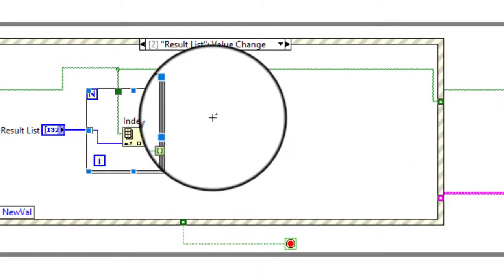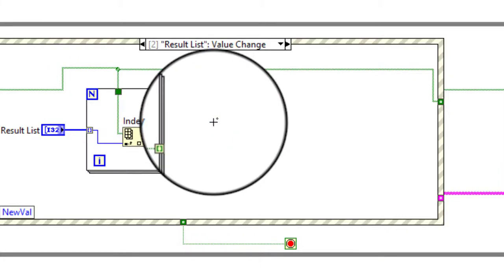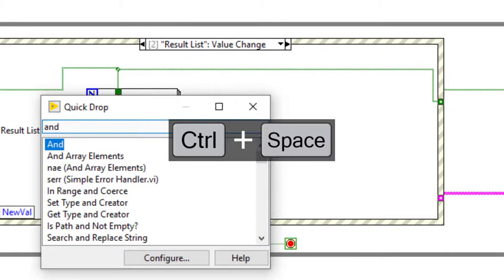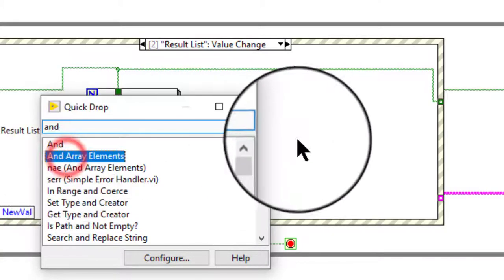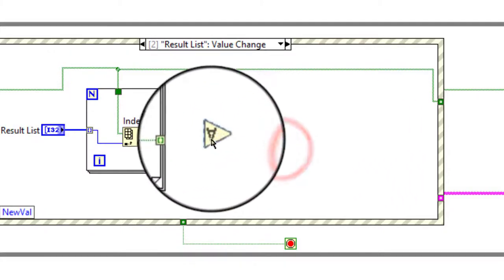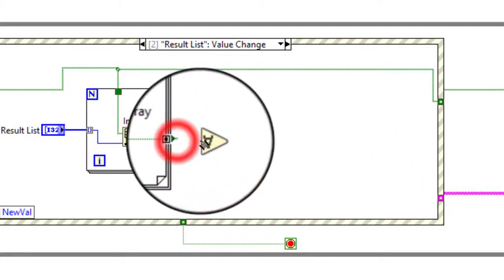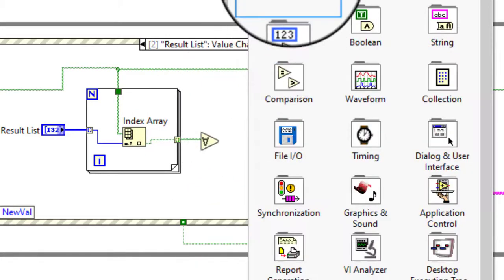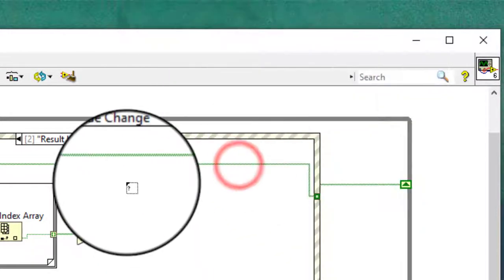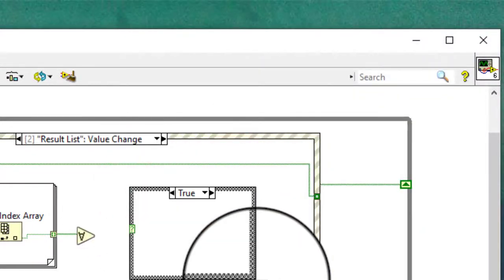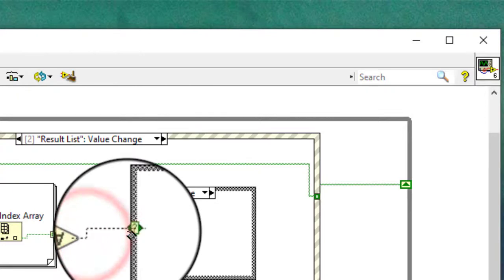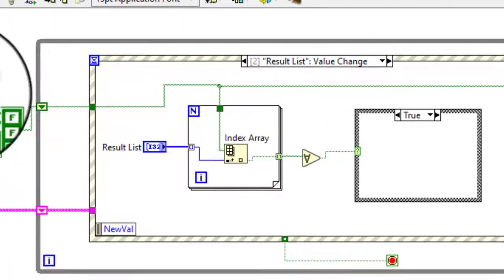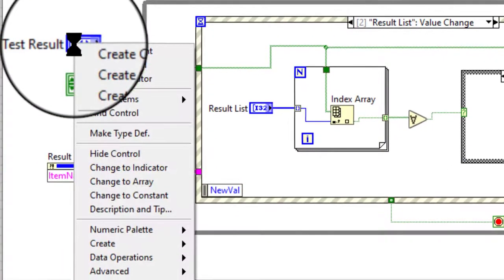Then we want to know if all the elements that the user has selected are for the pass results. If that is the case, let's get a case structure. All the results that the user has selected are for the pass result. Then for this, let's create a